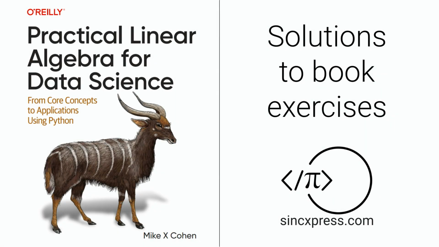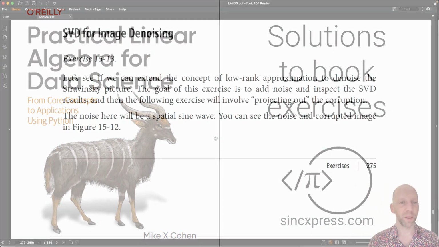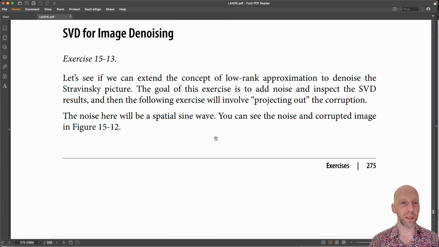Here we are with exercise 13. This and the next exercise are focused on using the singular value decomposition for image denoising. The idea here is, imagine we have a corrupted image, a noisy image, and we want to see if we can use the singular value decomposition to project out the noise or remove the noise from the data